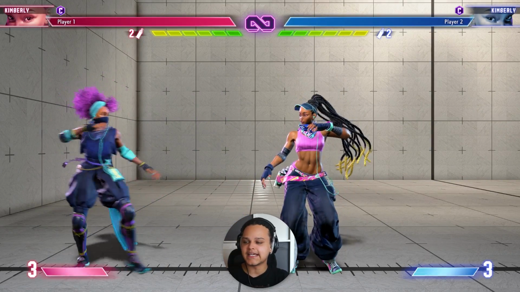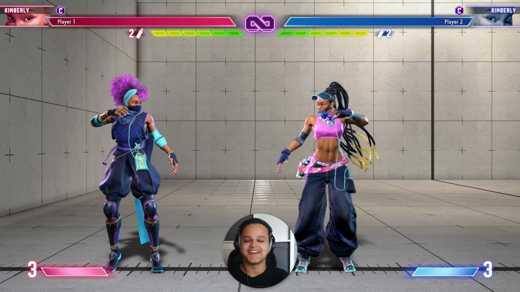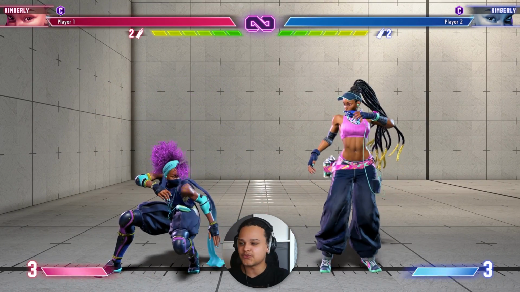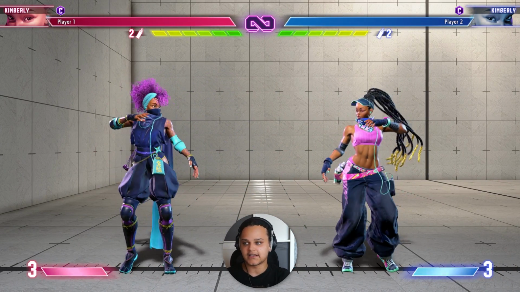All right, so Kimberly is a very fast moving character that can really mix you up. Her mix-up potential is very, very good. She does struggle on wake-up situations. So if you knock her down, you can bully her because she does not have an EX reversal wake